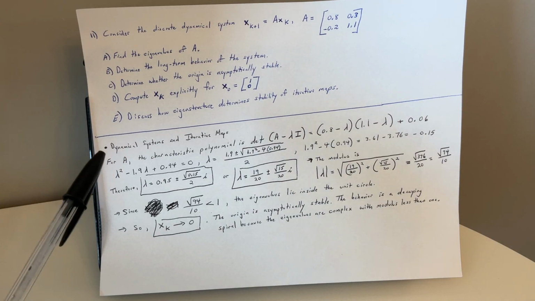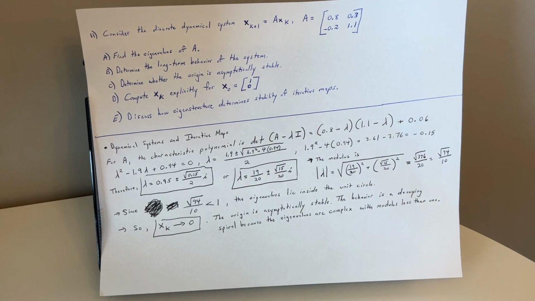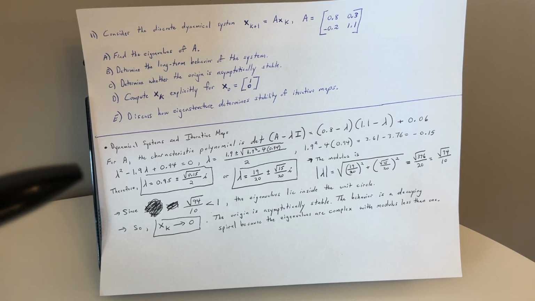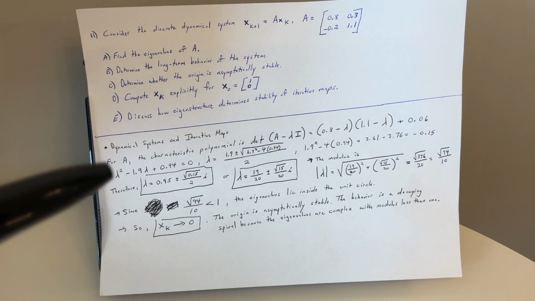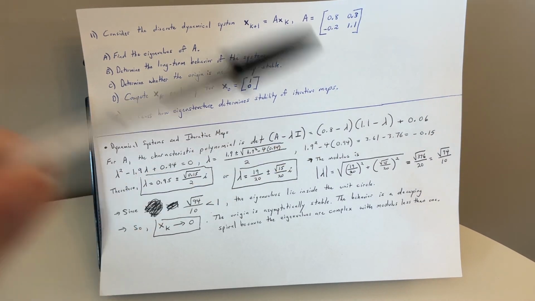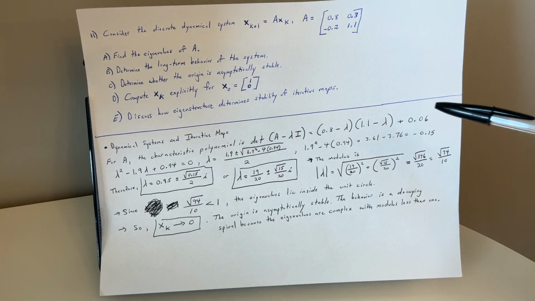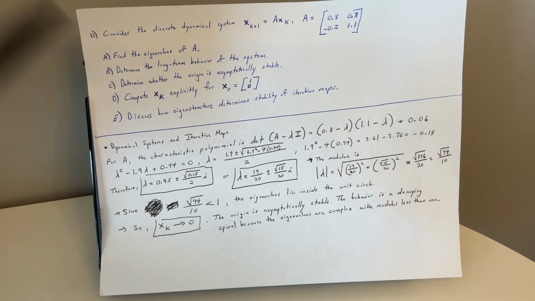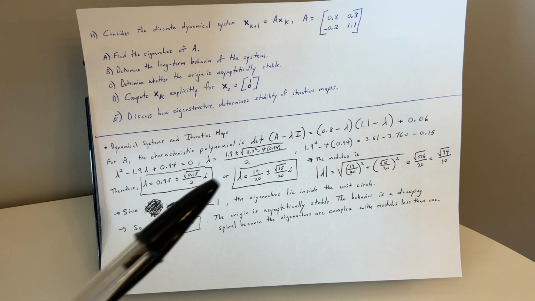Okay, so this is a dynamical systems, iterative maps problem. And this is a condensed version. Some steps are glossed over. For A, the characteristic polynomial is the determinant of A minus lambda I, which equals (0.8 minus lambda)(1.1 minus lambda) plus 0.06. So lambda squared minus 1.9 lambda plus 0.94 equals 0. Using the quadratic formula, we wind up with